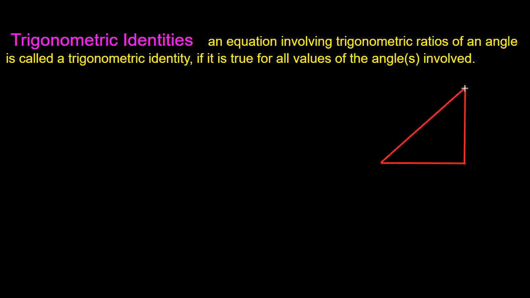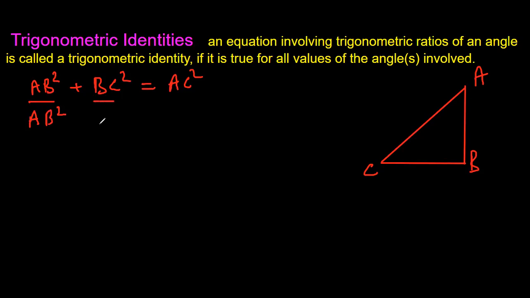We divided it by something. Let us again do A, B, C, and the Pythagoras theorem was AB squared plus BC squared is equal to AC squared. Now we can also divide. There are three sides. We divided by AC square. What if we divide it by AB square? So divided by AB square throughout, what do we get? AB square by AB square, the first term becomes 1, plus BC by AB means BC